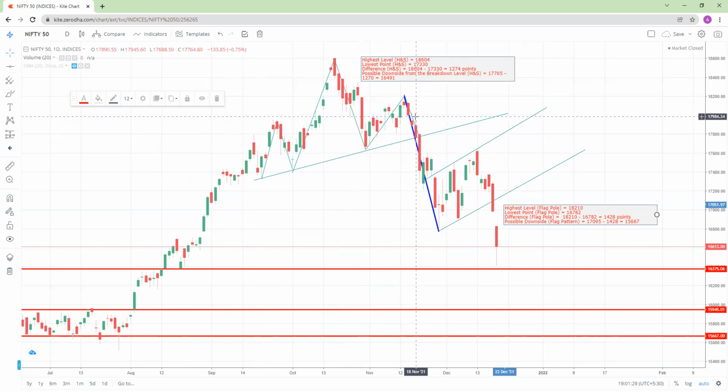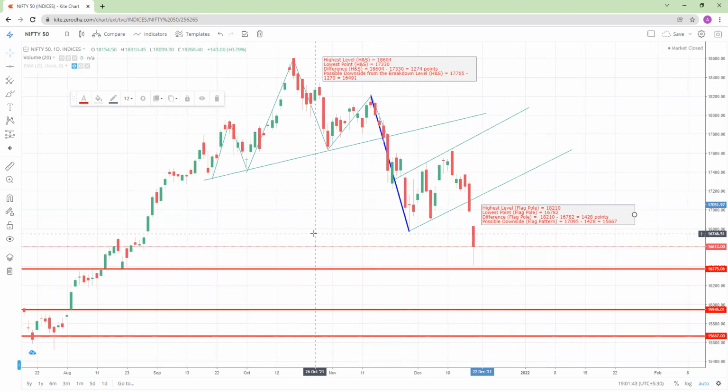After that, it fell down and it came down to 16,410 today. So yes, it did meet our target of 16,500, but we had made a mistake in between that we are going to discuss after some time. So now we will be discussing the next pattern, that is the inverted flag pattern.